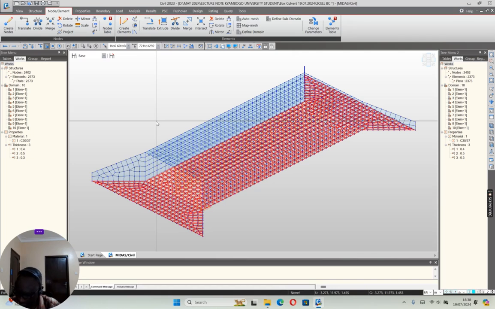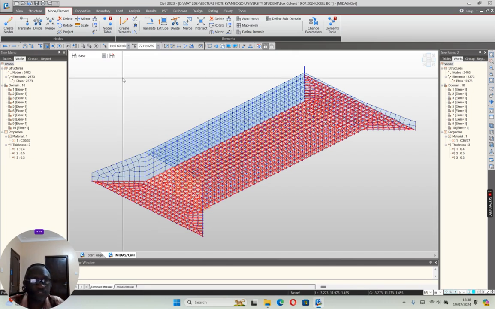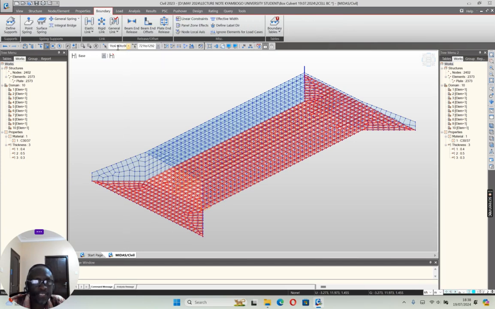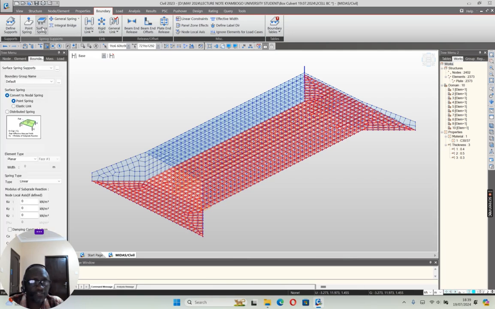Therefore, the subgrade reaction that I need is about 300 divided by 0.02, which is 15,000 kilonewton per cubic meter. So I will be able to apply. Now, because this box culvert is subjected to both lateral force, I will do surface spring, and then I